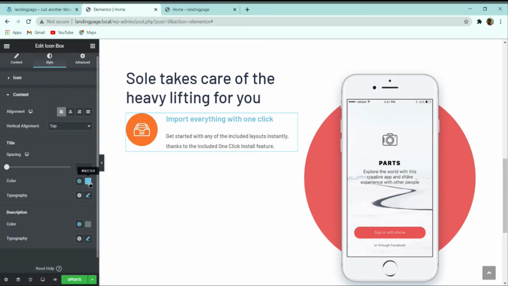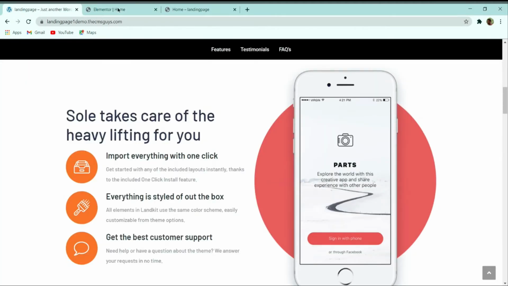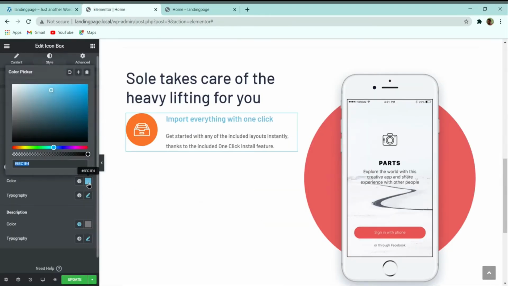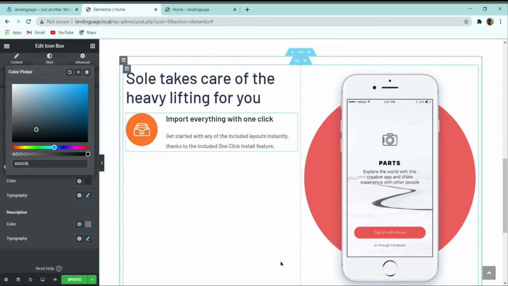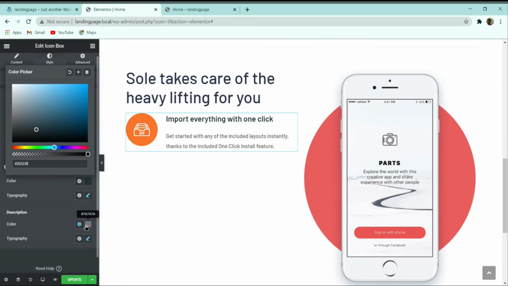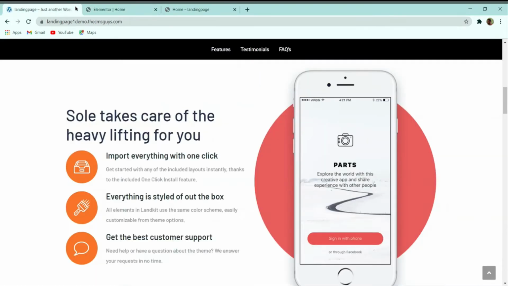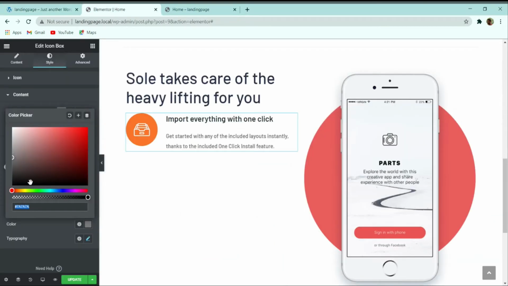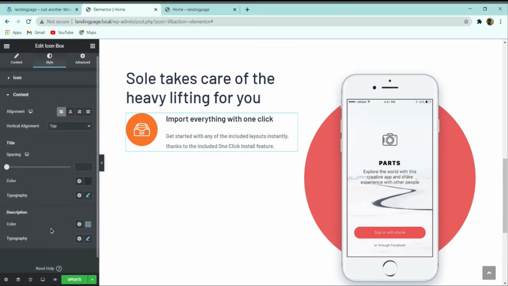Similarly, let us change the color of the heading first. Let me give the heading color 263238, which is the color of the heading we have used. And then again let me paste the 263238, and here you can see that there is a grayish color, so you can select any one of these grayish colors like this.